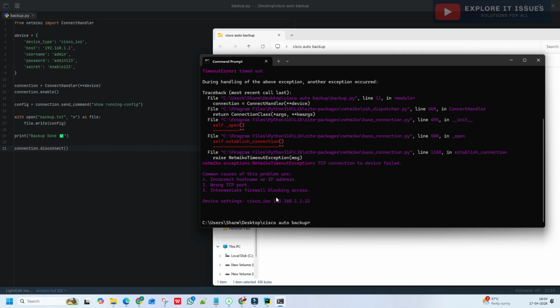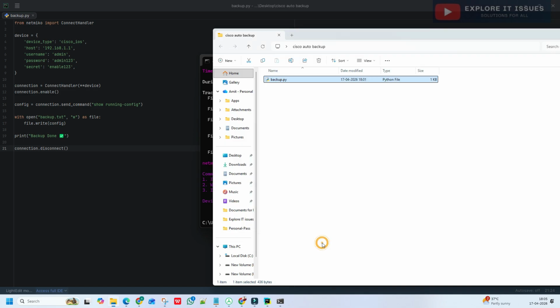Okay, so let's see what we will do next. So this is the final. I'll show you what the actual output is in your device. In this folder we get one file once the script is correct and the device is correct in the network, then you get one file which is backup.txt. So it's a whole device backup in another file, in text format, in the same folder.